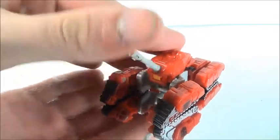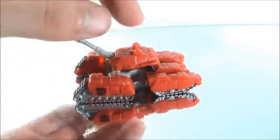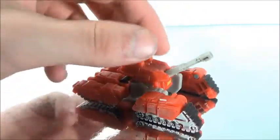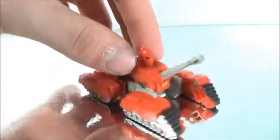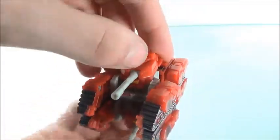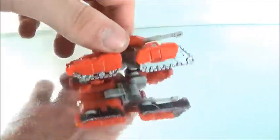But he does have up and down motion for his tank barrel. Unfortunately, it is a little tight, so if you hold it by that, his turret kind of tilts, so a little unfortunate. The legs don't plug in as well as they should, but they're fine. And if you lift the canopy open, you can see his head. Now, to a lot of people, that's an Energon Ironhide kind of default, but it's kind of cute. It's charming is what it is. You just lift that little canopy piece up and, hey, hello people. So, yep, there you go. He's got an Autobot logo on the side, not on this side, because,